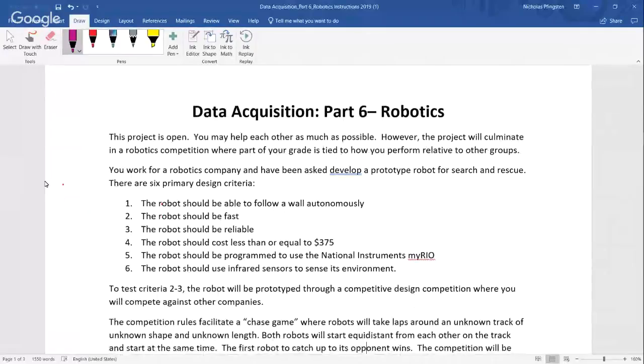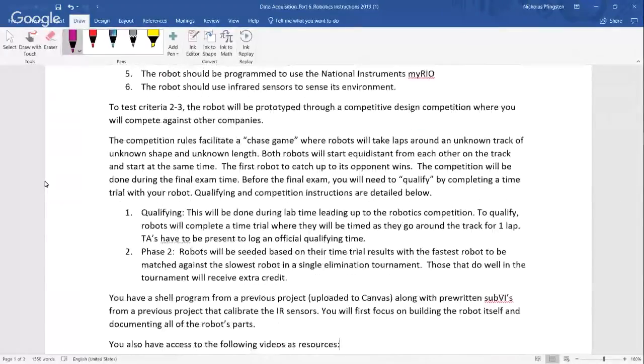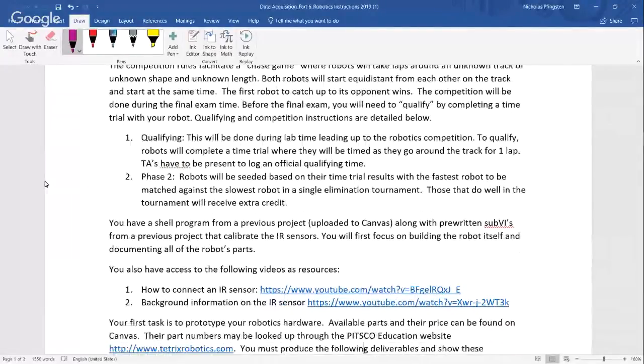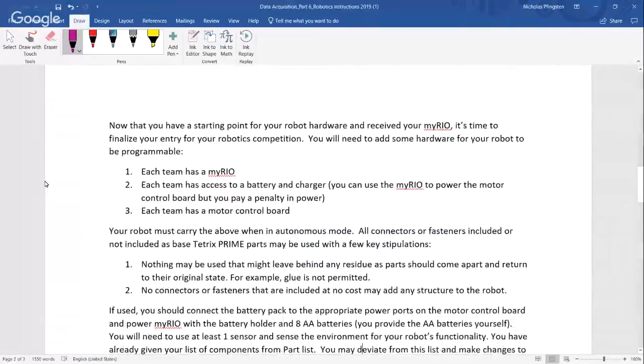I'm not exaggerating when I say that we've had this competition before, where a robot super fast inches away from catching one of the robots, crashes into a wall, and the other one kind of creeps along, comes around the track and catches. So reliability is, I would even argue,